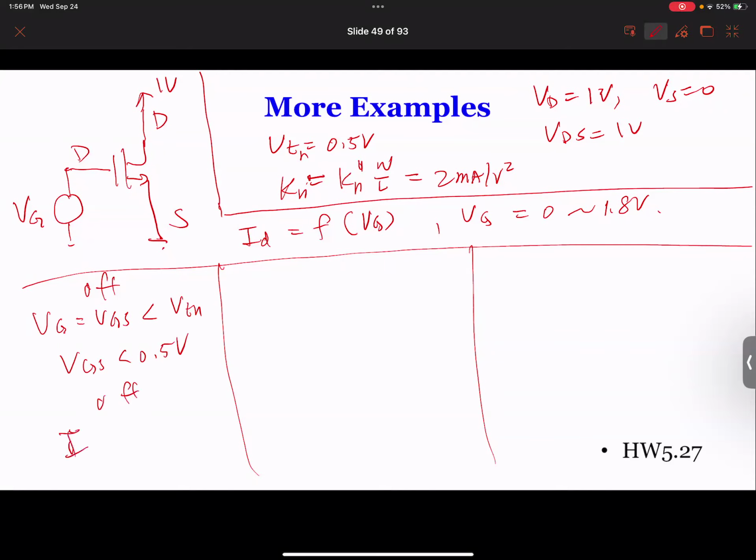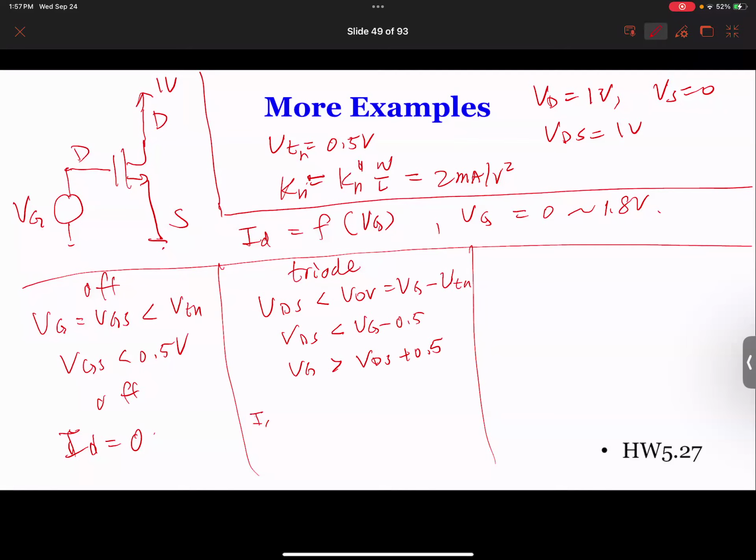And ID is going to be 0. Okay? And then we'll look at triode. In the triode region our VDS has to be less than VOV, and VOV is VG minus VTN, which means VDS has to be less than VG minus 0.5. So VG has to be larger than VDS plus 0.5. That's the region. And the current, we can write it. ID is equal to